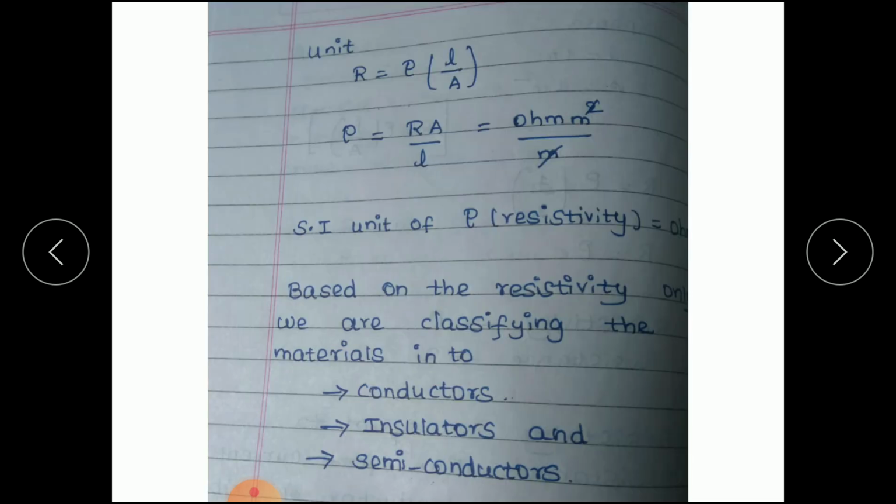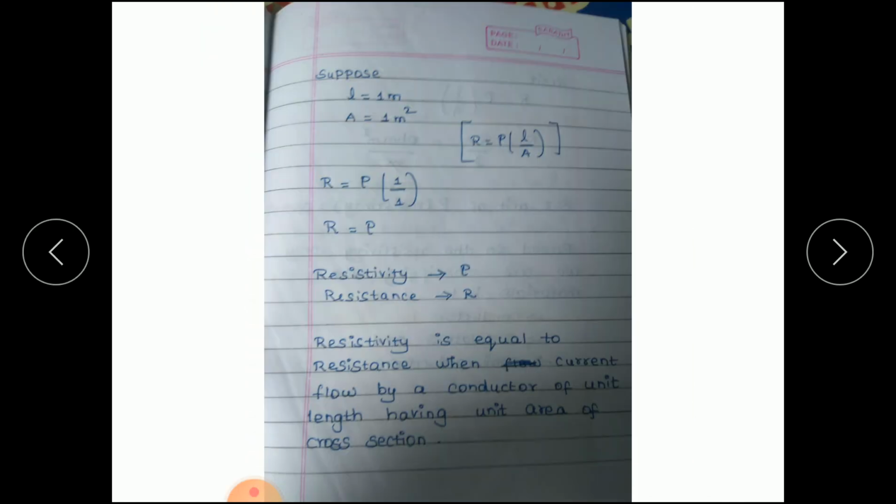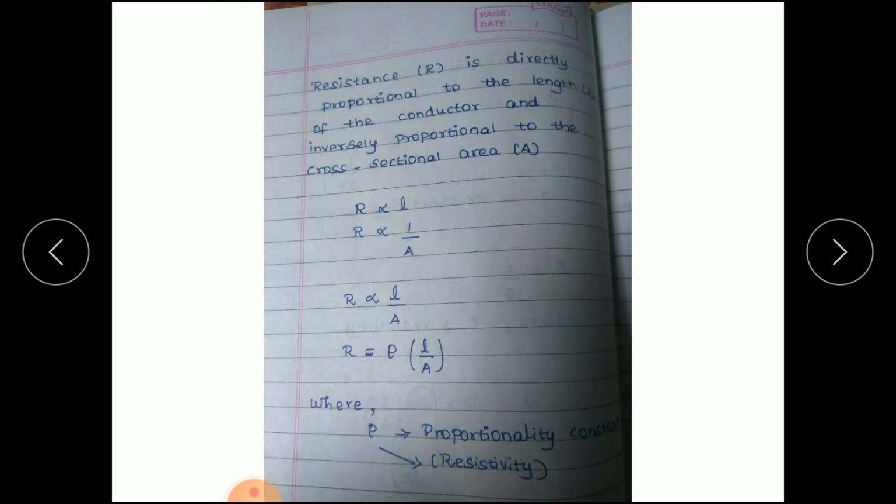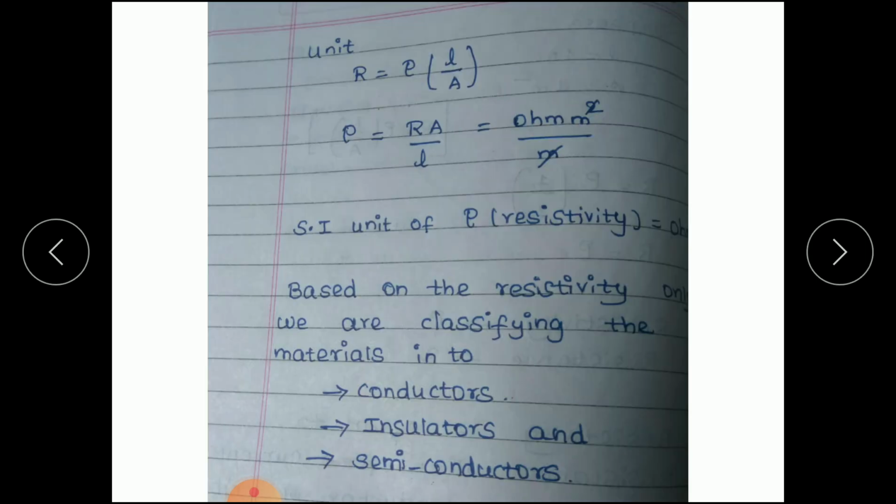Okay, now we are going to discuss the resistivity unit. Let's take the equation R is equal to rho into L by A. From this we need the resistivity unit, so let's take resistivity to the left hand side. Resistivity is equal to RA divided by L, that means resistance into cross sectional area divided by length. The unit of resistance is ohm, unit of cross sectional area is meter square and unit of length is meter. Striking out the meter, what we get? Ohm meter. So the unit of resistivity is ohm meter.